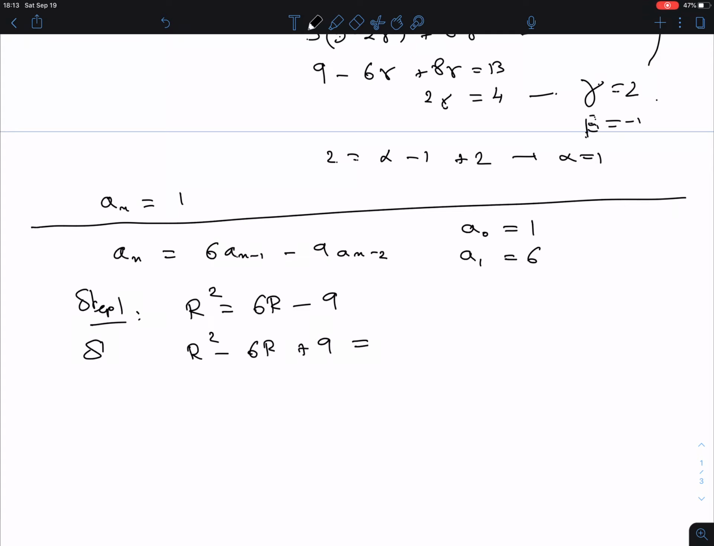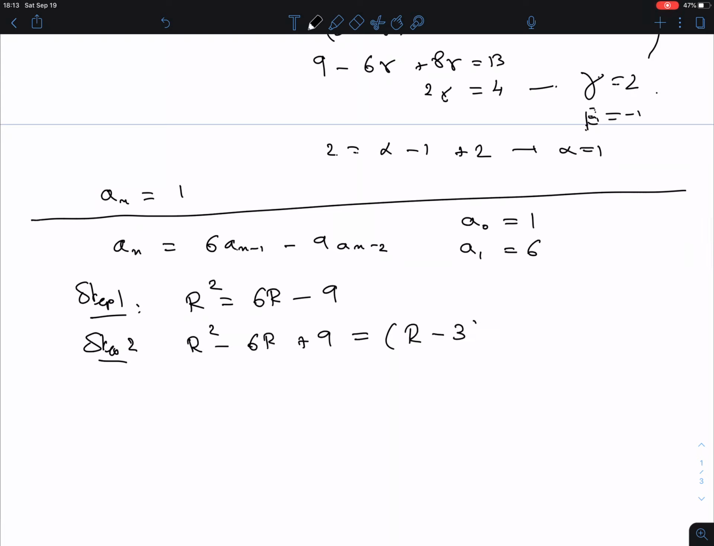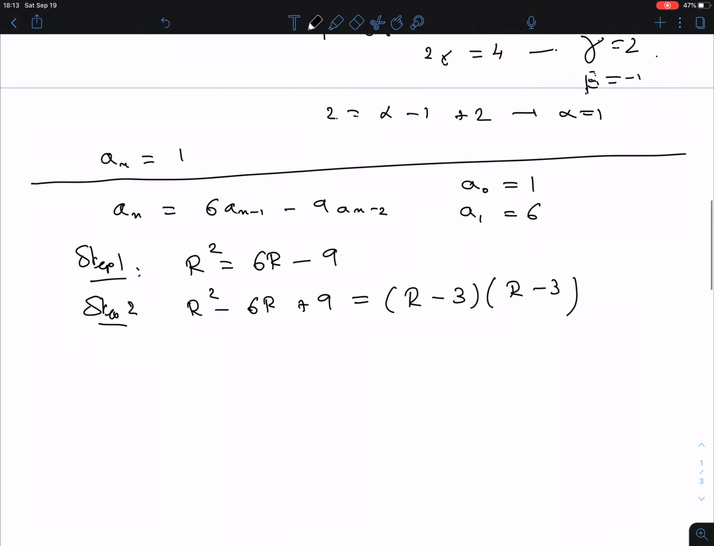We have to factor that, so I'm doing step 2 already. The two numbers that do this are twice the same number, minus 3 and minus 3. That's what I was talking about, a double root here. The number of times a root occurs in the solution is called the multiplicity. So r equals 3 has multiplicity